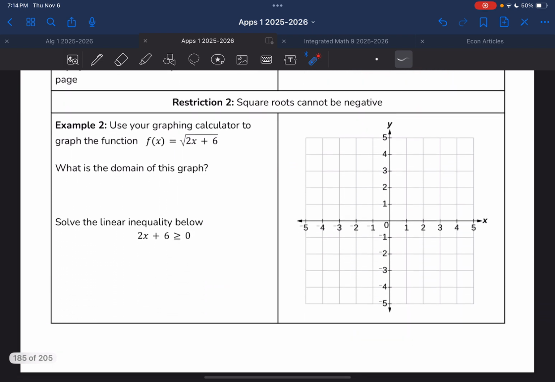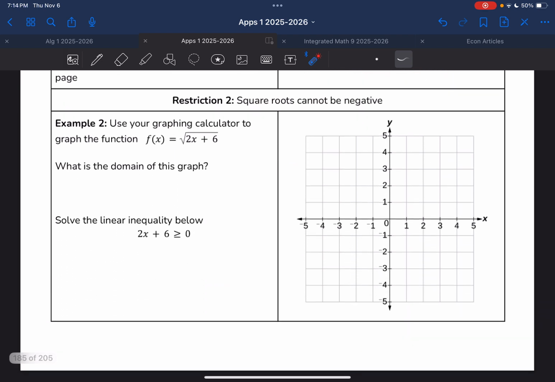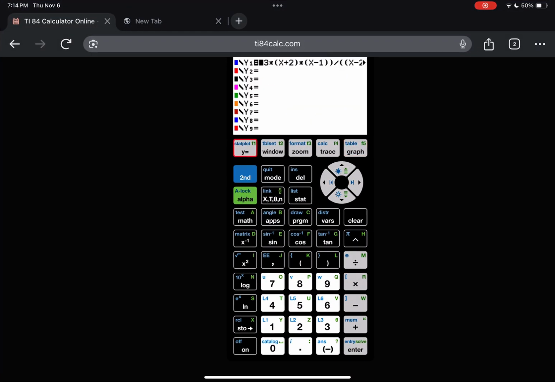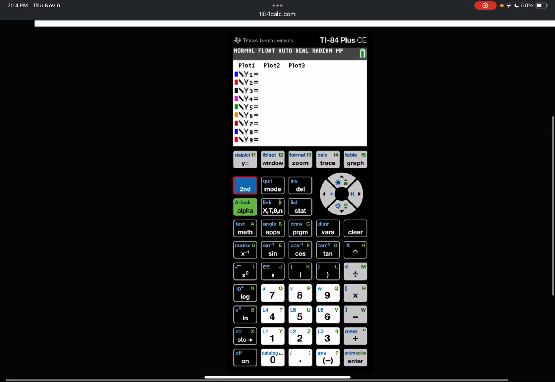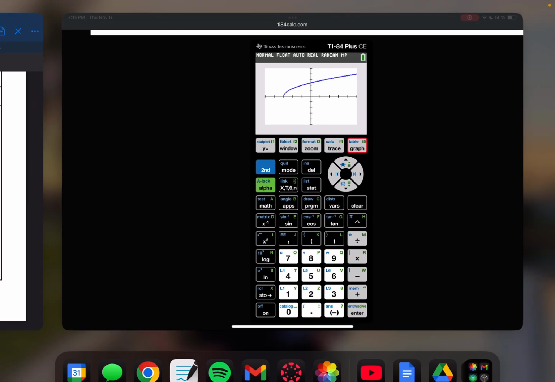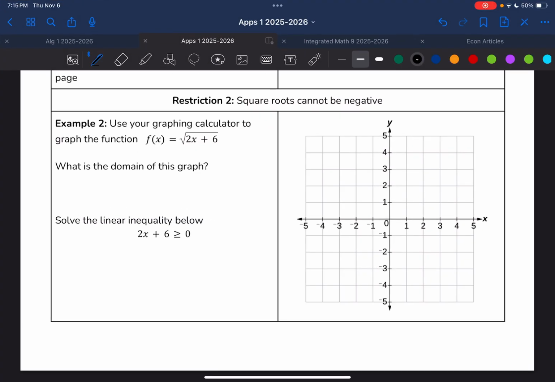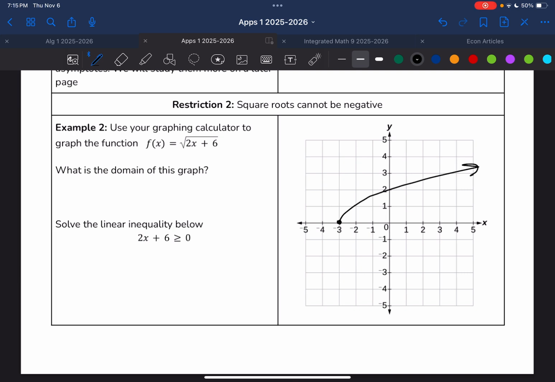If we're looking at this one here, if we graph it, which I will do now, 2x plus 6, graph. Okay, so we see that it starts there and goes that way. And so what's the domain of this? Well, we see visually the domain is negative 3 comma infinity, or x is greater than or equal to negative 3. So if we're saying solve the linear inequality below,